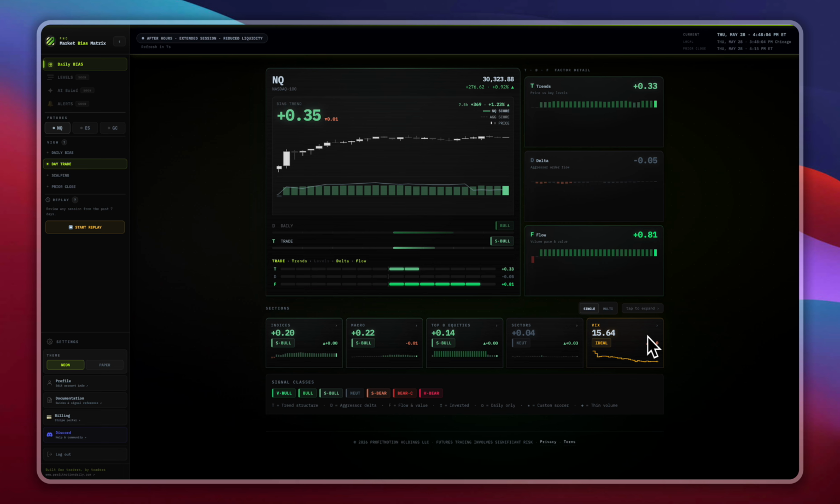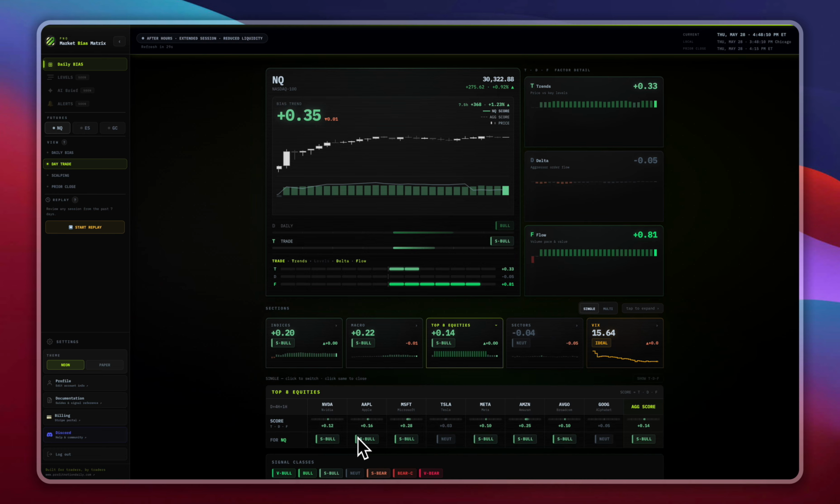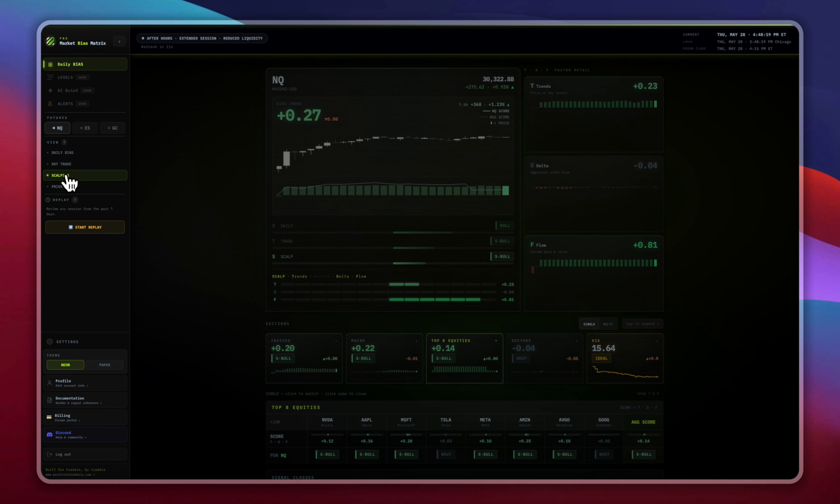And then you also have how everybody is performing at this lower time frame, which is really cool. You can see that on the lower time frame, mostly on the equities front, it's pretty bullish, which is really good. And then if you wanted to say, okay, I'm looking for scalping bias,